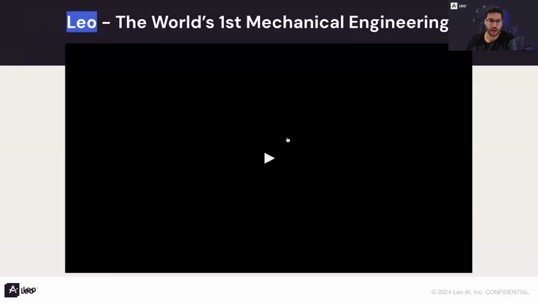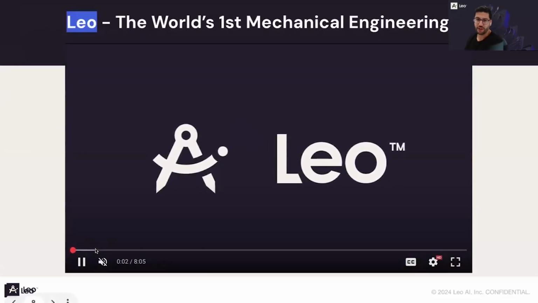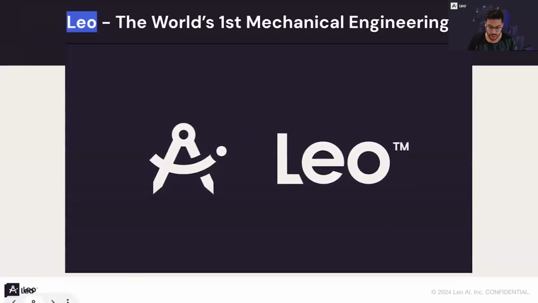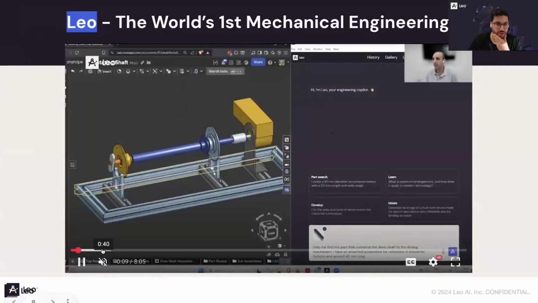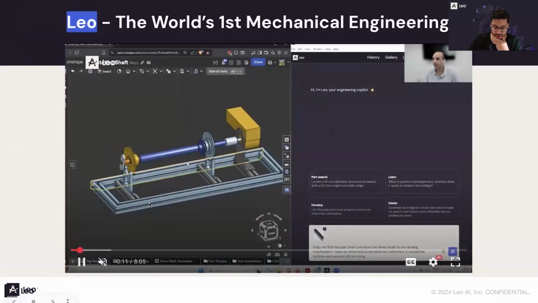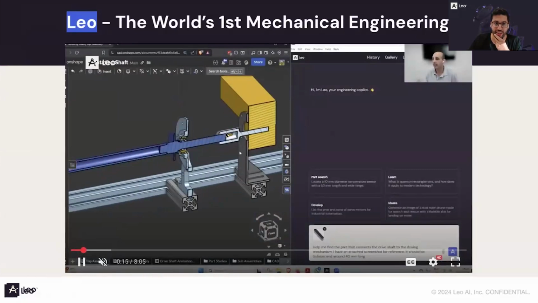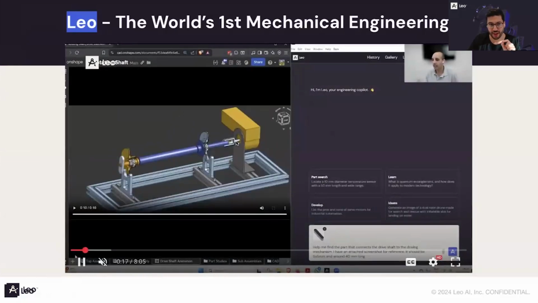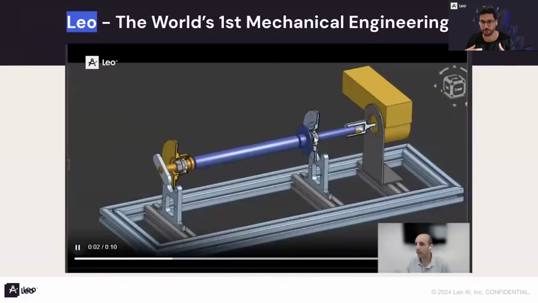So to show you real quick how Leo looks in action, maybe I'll show you a quick video, right? So imagine, and this is recorded by one of our customers, JJ here. Imagine that you have a drive shaft and motor here in Onshape, and you want to find the key, right? A part. You want to find the best part based on your tribal knowledge from your PLM, right?